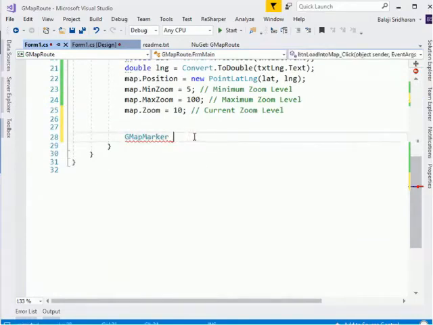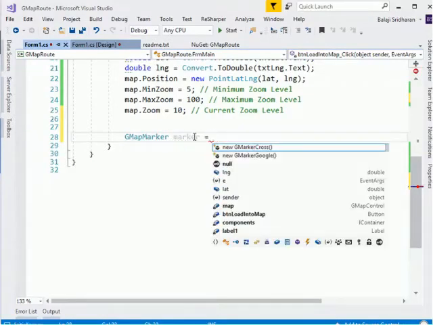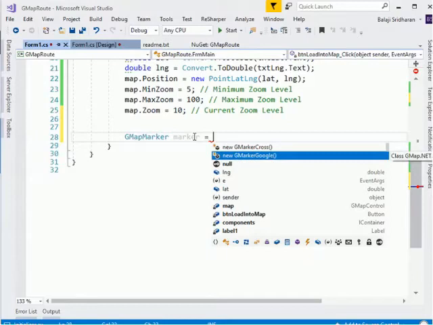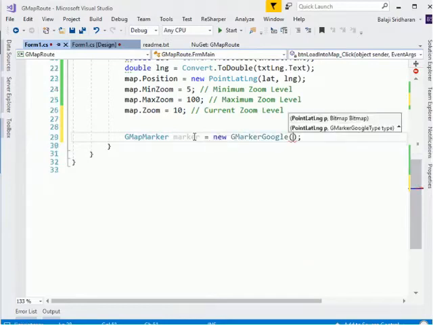I want to create a reference for this GMap marker. So we will use marker is equal to new GMarkerGoogle. Here, see, the first argument is our latitude and longitude, and the second argument is a bitmap or any Google type plot.